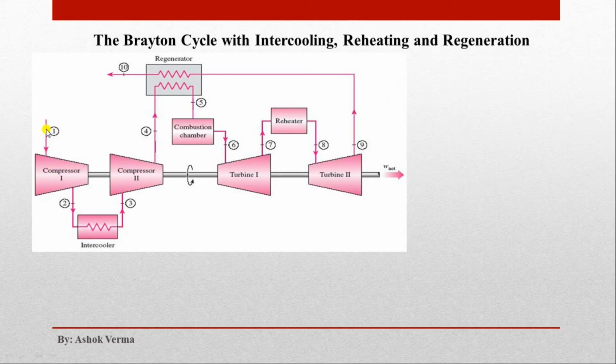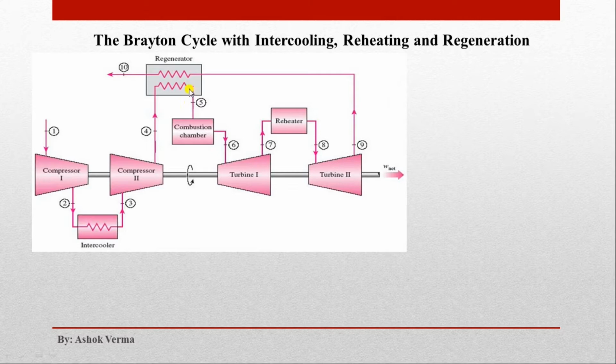So here from point 1 you are taking the air from the atmosphere, and this is going to compress in compressor 1 from P1 to any intermediate pressure Pi, and then it is going for the intercooling, and after the intercooling it is again going to the second stage compressor, and after the second stage compressor it is going to the regenerator. This is the regenerator. In the regenerator, the heat is exchanged between the exit temperature from the turbine and the exit temperature from the compressor, and here you will get some heat,